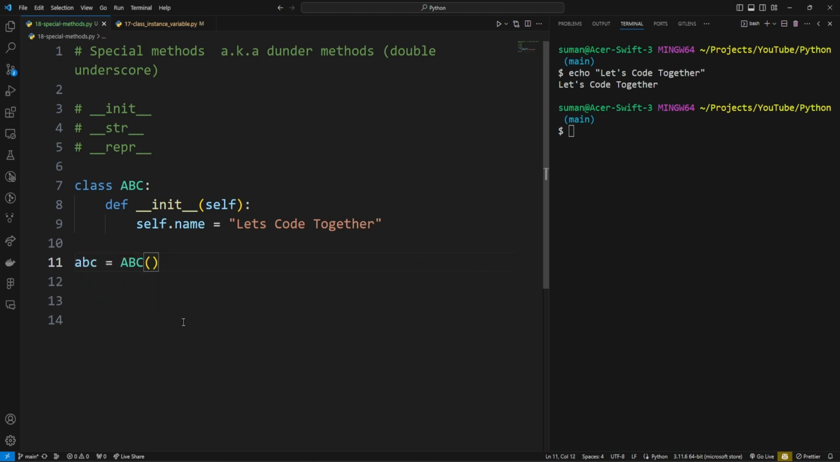So this is how you create an object. When you create an object and run this, while creating this instance of the class abc, this function will run automatically. You don't have to call it. If you define any other function, something like this, run, and you run this,